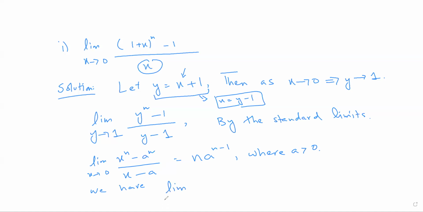limit y goes to 1, y power n minus 1 divided by y minus 1. That will be equal to n into 1 power n minus 1, because a here is 1. So then that will be equal to n,